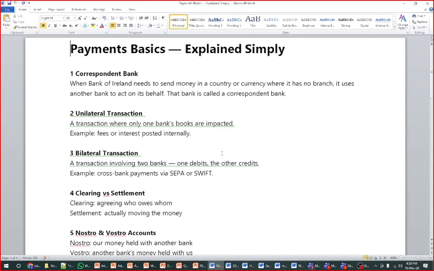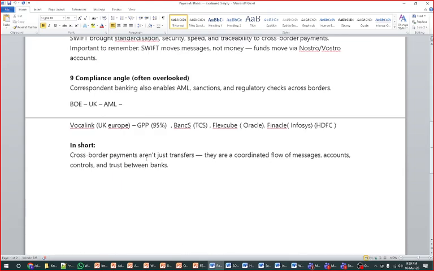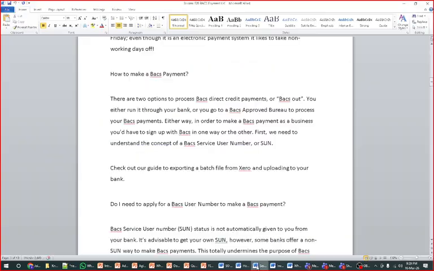Okay, some basic payment concepts we are also going to cover, for example, what is clearing, what is cost, what is Swift, and how it is settled. These are basic concepts which are required to be understood initially. I am going to walk you through this also before we kick off the main agenda of this project.